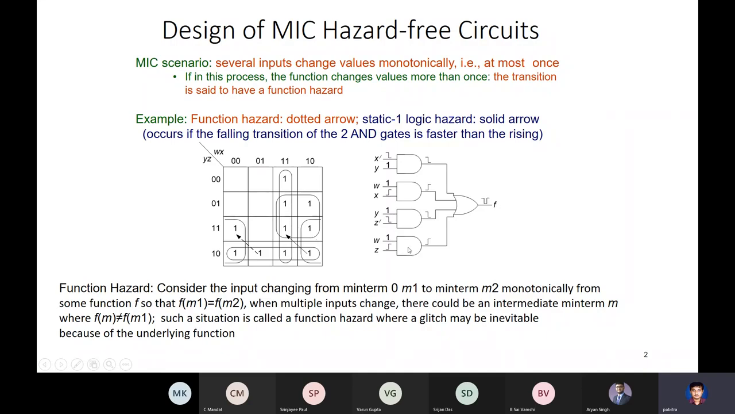Because see, each of these AND gates will have their delay. Some will have less delay, some will have more delay. And in some unfavorable combination of the delays,